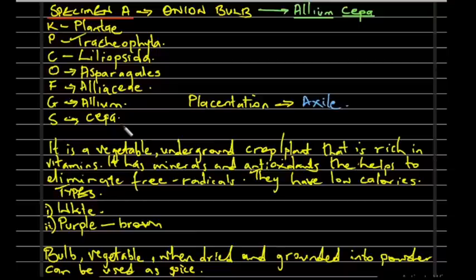Now, there are basically two types of this onion that we can come across. We have some of them to be white coated, and some of them have purple to brown coat. Now, when we look at it, the bulb is a vegetable like we have said earlier on. When it is dried or ground, it is powdered and can be used as spice. So we eat this particular specimen in a whole lot of things. We add it to so many of our dishes, of our